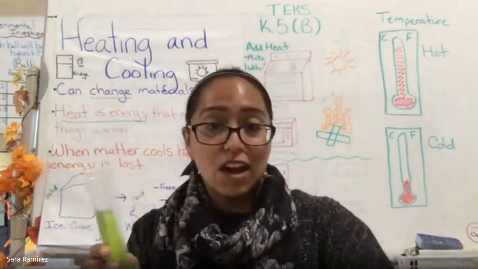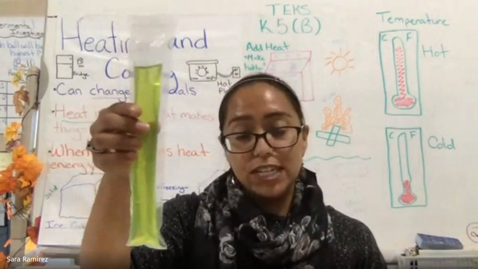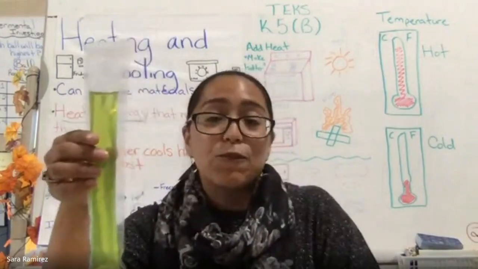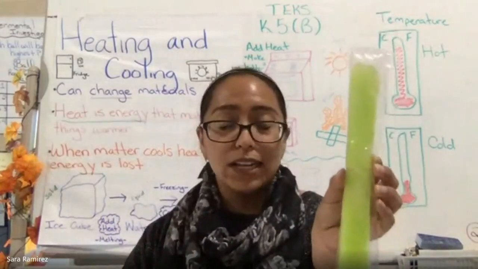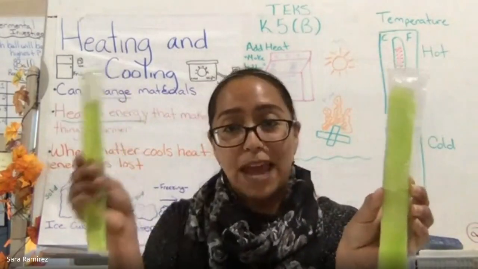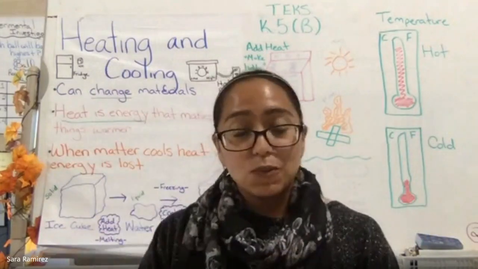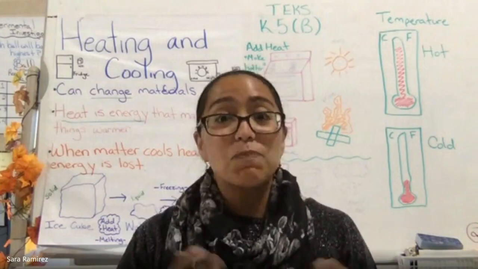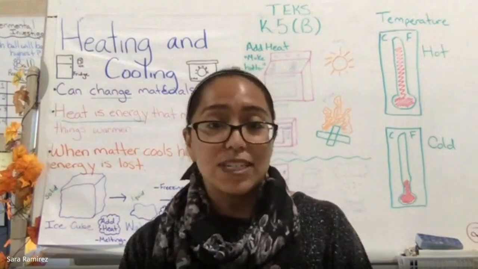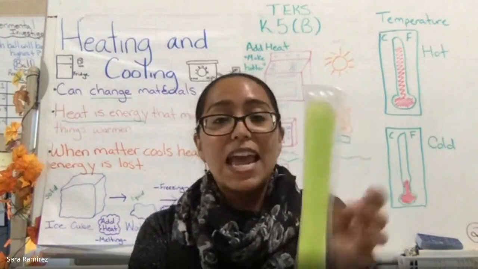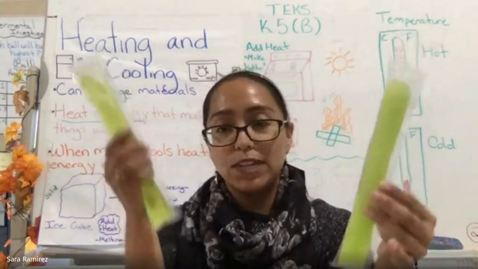So how I got a solid, I simply put this in the freezer. I removed heat energy. It got really cold and it froze and turned to a solid. Now, if I had this solid popsicle, what is something I could do to make it turn back into a liquid? Well, super easy. You can either leave it in your room and let it start to melt as it gets warmer, or if you wanted it to melt faster, you could stick it outside on a hot summer day, and then the sun's heat energy would start to melt the solid popsicle